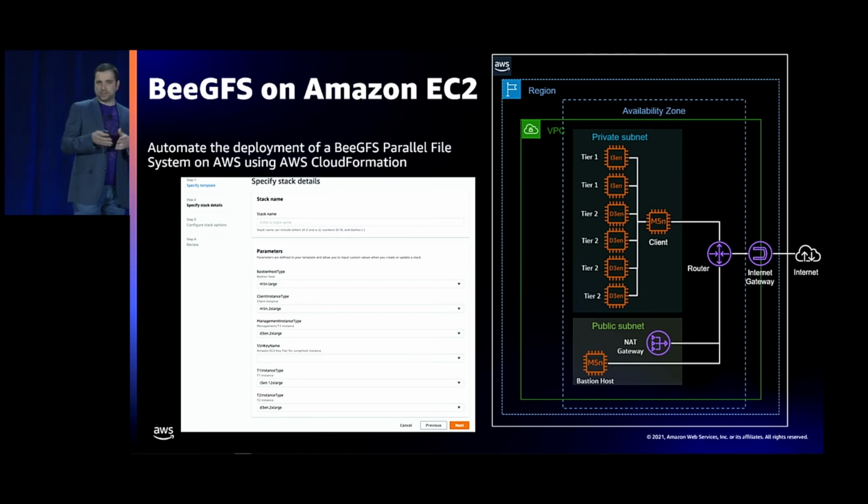And since this is going to be publicly accessible, we made sure that this deployment is going to be as secure as possible. So we have all the network dependencies. The CloudFormation will take care of all that, as you can see here in the diagram, where we have the cluster and all its nodes living in a private subnet, and then we have the Bastion host in the public subnet. This way, if you want to administer the cluster, you can just do that through the Bastion host.